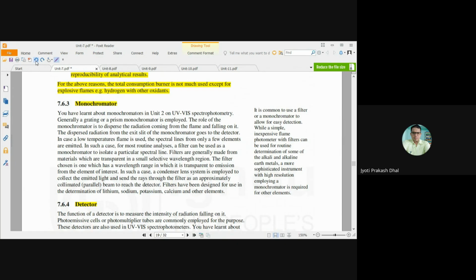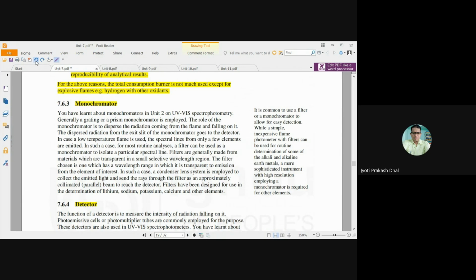In case a low temperature flame is used, the spectral lines from only a few elements are emitted. In such cases, for most routine analysis, a filter can be used, made of a material which is transparent in a small selective wavelength region. The filter chosen is one which is transparent to the emission from the element of interest. In such cases, a condenser lens system is